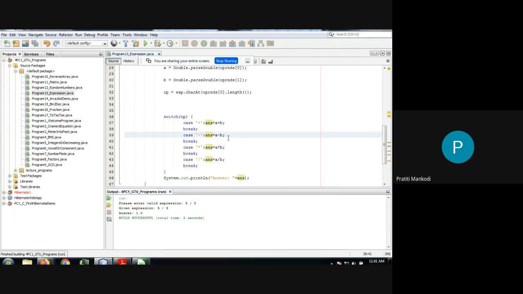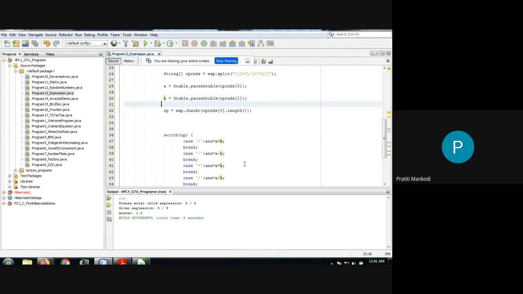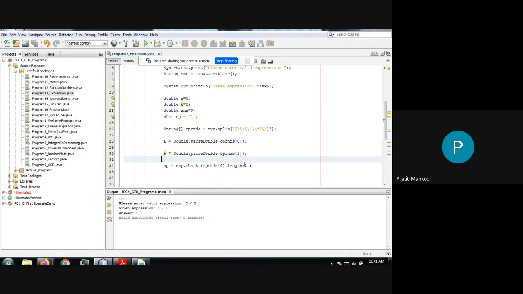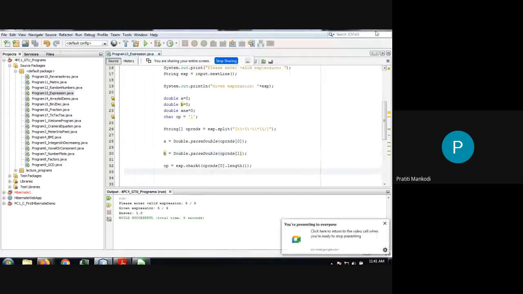So it is going to split on this only because you have used multiple operators. Fine, everyone. And you are parsing the zeroth operand only. Fine, all okay?